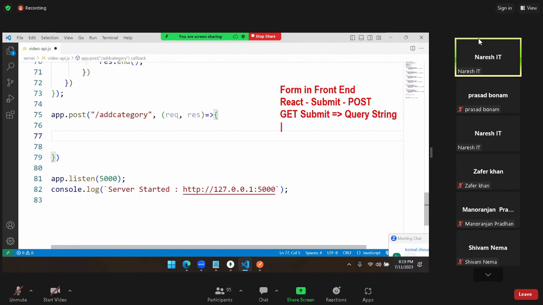If anybody asks, can I submit form data on a GET request? Of course, you can submit form data on a GET request, but the data is in the query string. So the query string is not safe, and a lot of issues are there. Then if you submit